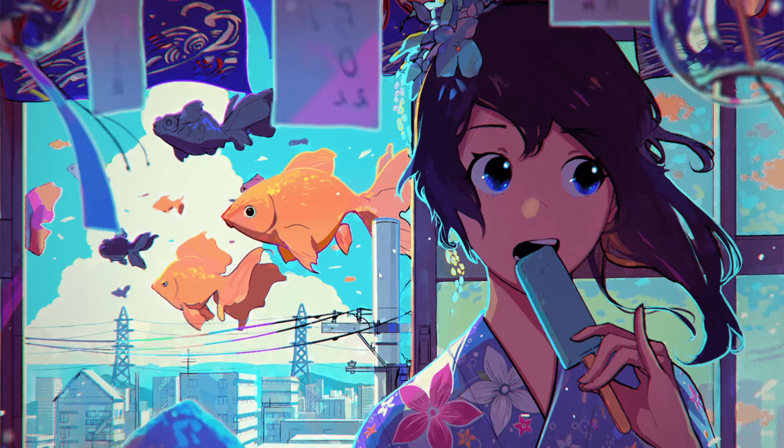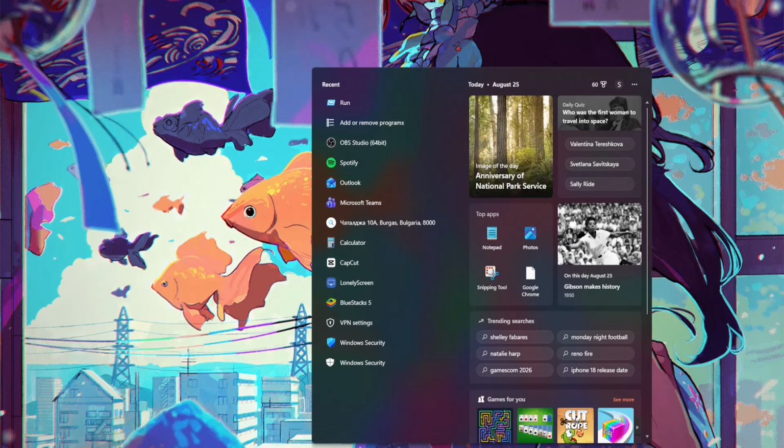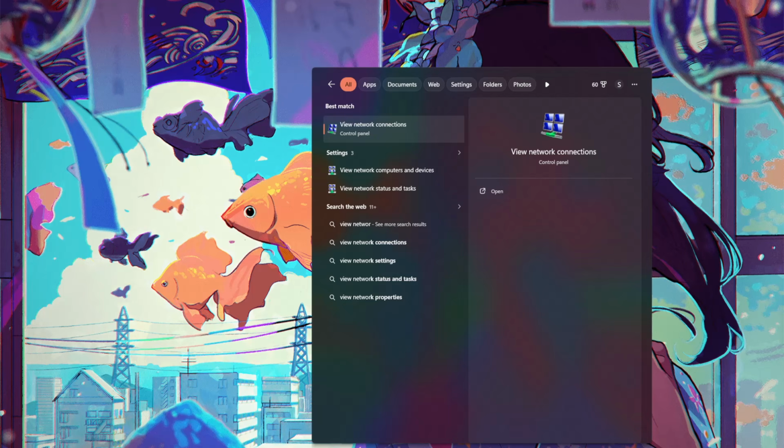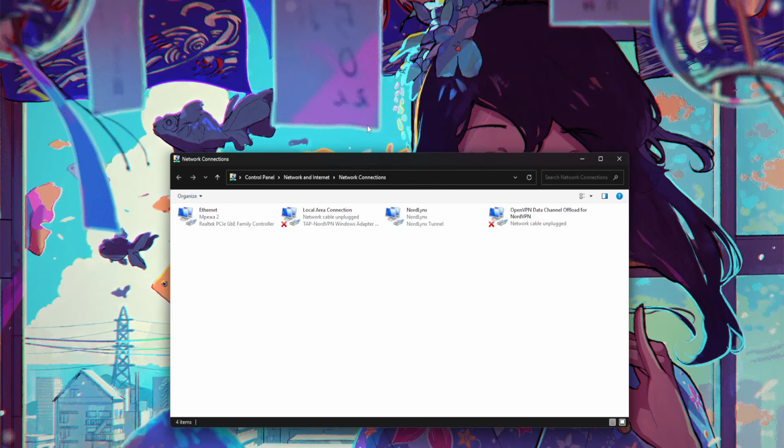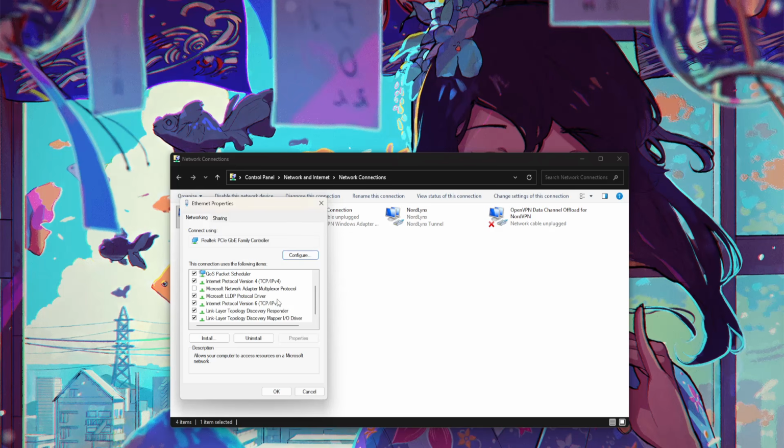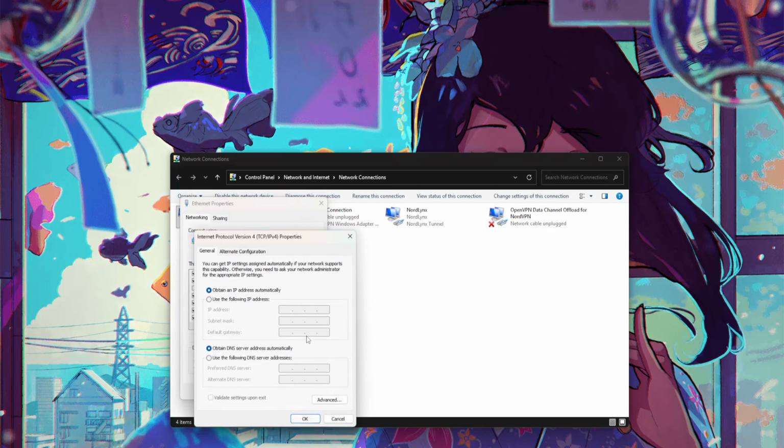this window, and now we will proceed to the last step, which is gonna be searching for view network connections. Click on view network connections, find your first network connection which you use, right click, go to properties, find Internet Protocol version 4. Again, we're gonna click on properties, use the following DNS server addresses, and you will type,